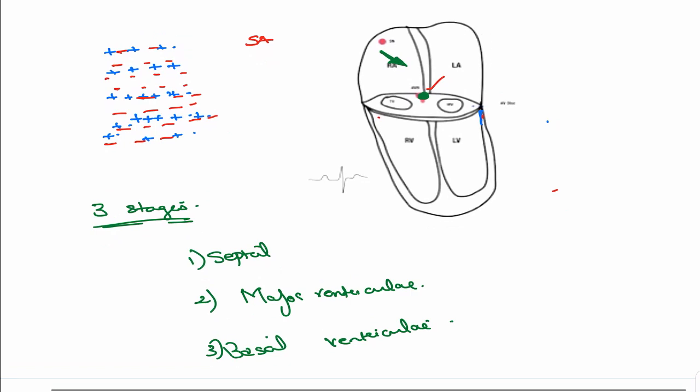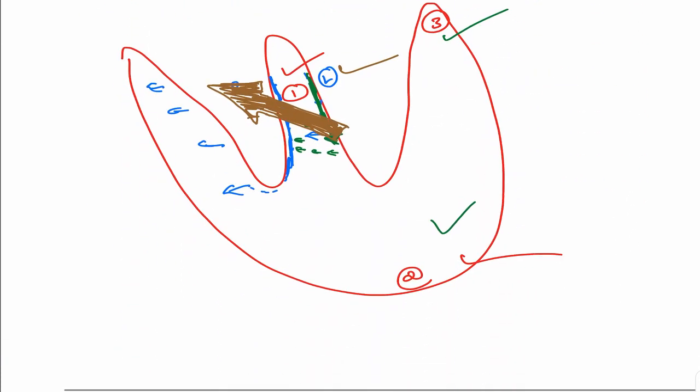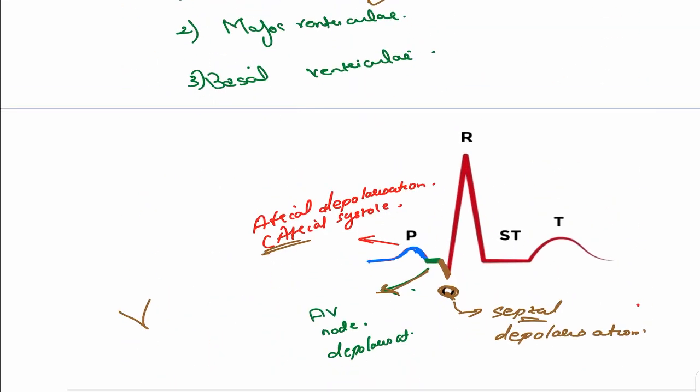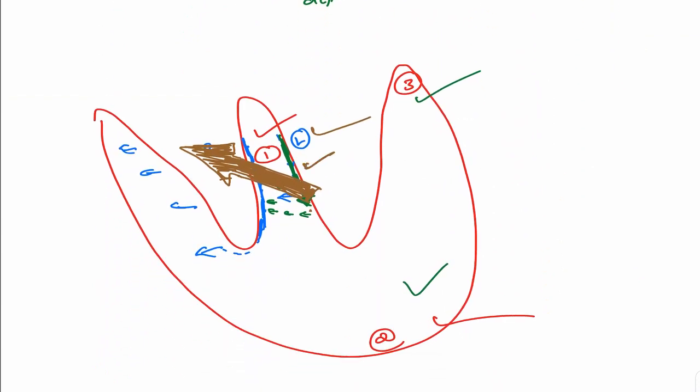Now we have talked about septal depolarization. Now we'll discuss it coming down, going into the major ventricular depolarization. The same image I'll show you. So it's coming down, and why is this deflection very sharp? Because as I told you, the spread in the ventricle is very fast. We have a very fast conducting system in the ventricles. So the needle all of a sudden deflects and comes back. We said basically it's a galvanometer. It deflects and comes back quickly, which means we'll get a sharp peak.